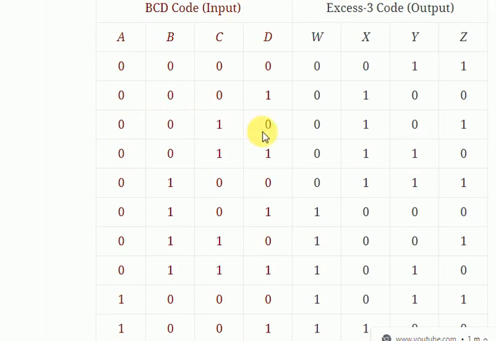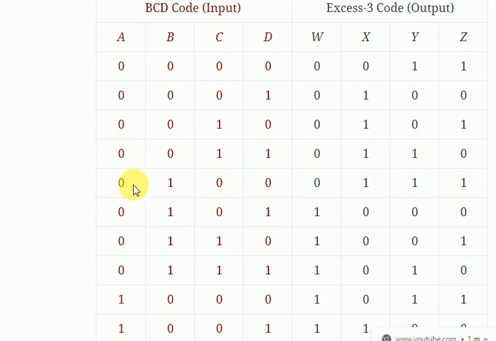When we add 3 to 2, we get 5, which is 0, 1, 0, 1, and that is the XS3 code. Then the next combination is 0, 0, 1, 1, which is decimal 3. When we add 3, we get 6, which is 0, 1, 1, 0. So that would be the output.